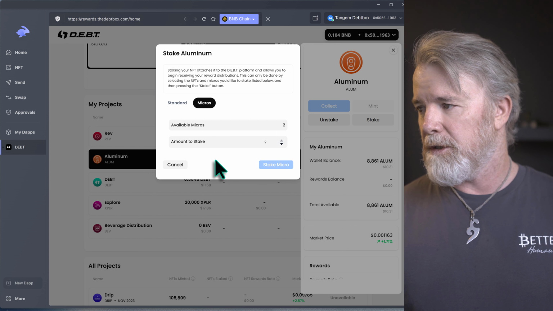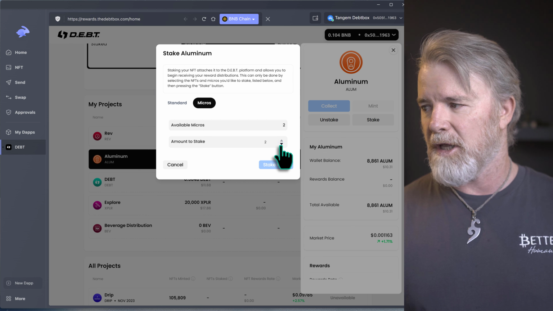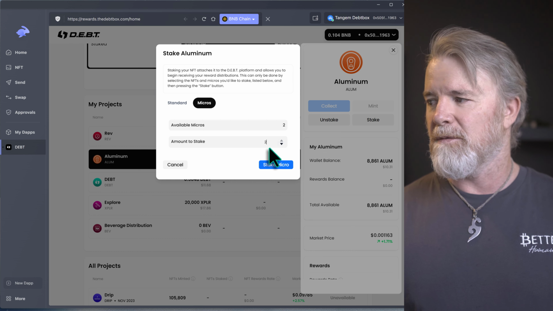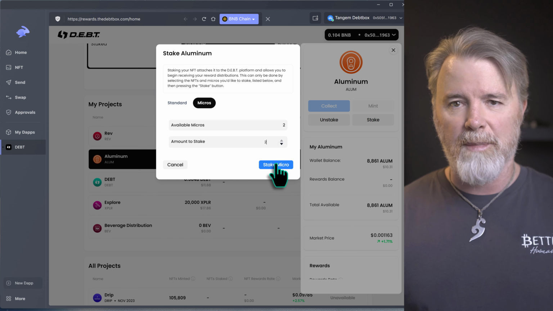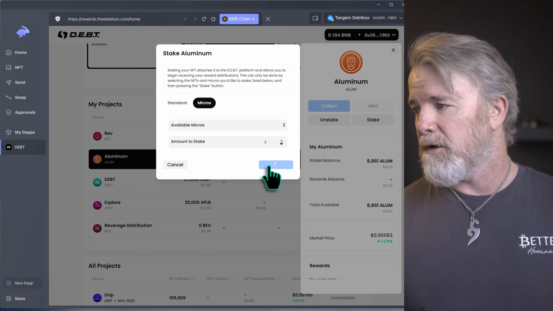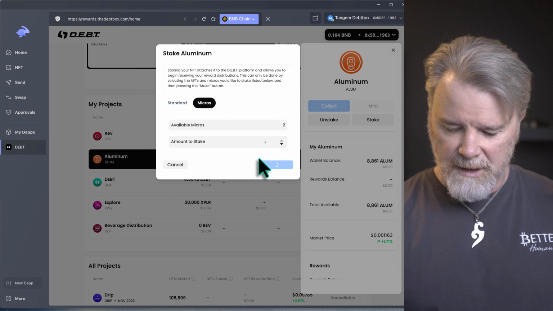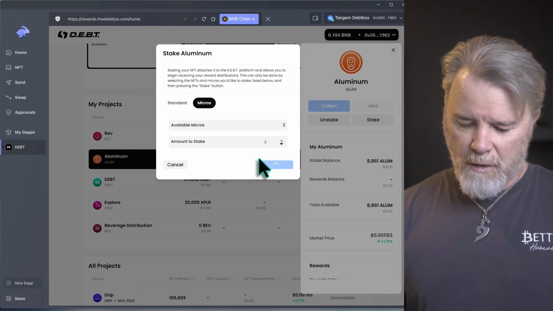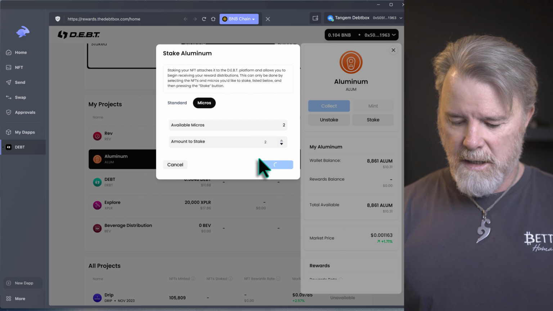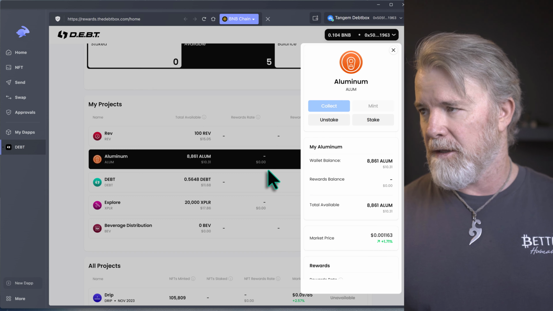Okay, so let me just maybe see, it's not coming up as stake yet, so I'll just play with this for a minute. There we go. So sometimes you just got to play with something to activate that button again. Might be the same on mobile as well. Okay, so I'm going to click on stake micro. I got on my phone again with Tangem, sign and send, biometrics, card, and kaboom. Okay, now that should disappear in a minute. Don't worry about that. There we go.